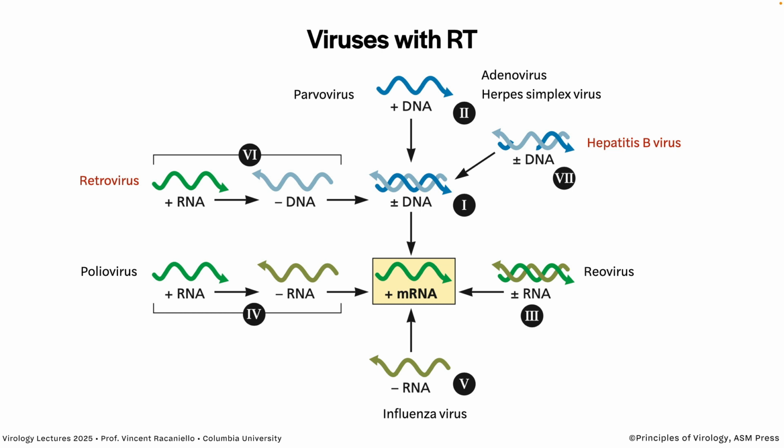So what viruses have reverse transcriptase? The retroviruses, group 6 in the Baltimore scheme. They have RNA genomes, and they convert them to DNA. And we'll talk about this scheme in a moment. But there are also the hepatitis viruses up there, the group 7, which weren't discovered until Baltimore had already put together his Baltimore scheme. They have reverse transcriptase in their reproduction cycle as well. And then other viruses related to hepatitis B, as we will see.